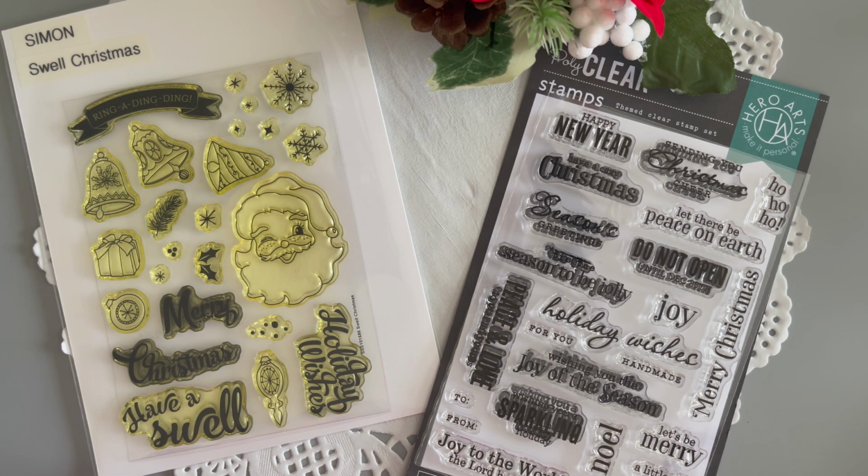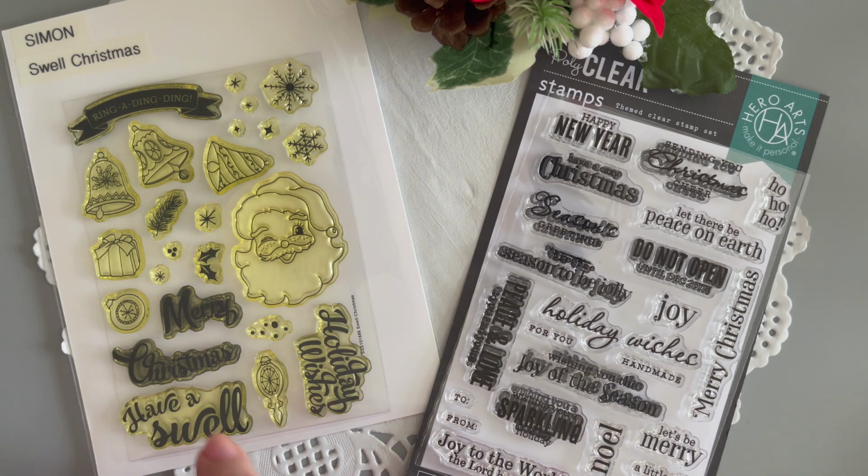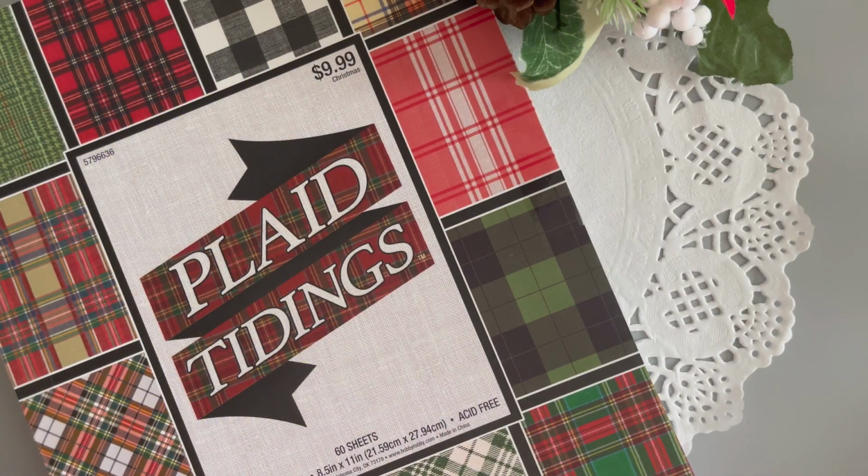If it's a cute Santa Claus, it's a good chance that I'm going to grab it. And this one was kind of retro. But I used the Merry Christmas for the back of the tags. Now, I used some 110-pound white cardstock, some red and green cardstock from my stash, and then I took out